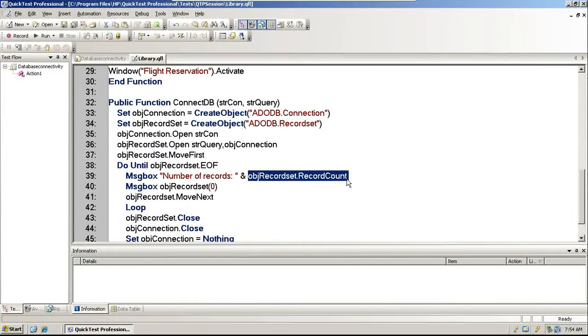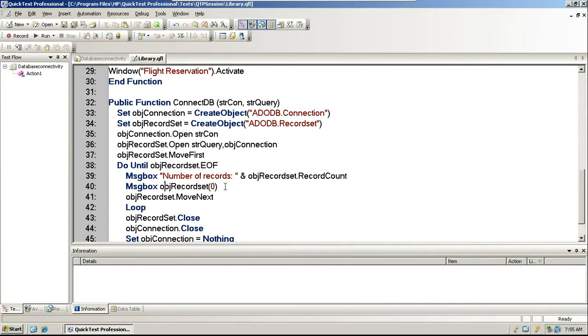Like maybe in line 40, object record set is 0. Why is it 0? No, that's the array, right? I told you already. Your query is select order number, not star. Star means all the records, all the columns. Your query is select order number from your table name. So order number is just one column. Since it's only one column, your array will start with 0. So that's why object record set 0. That's what I'm message boxing. Those records always are stored in an array, and array starts with 0. So there is only one.